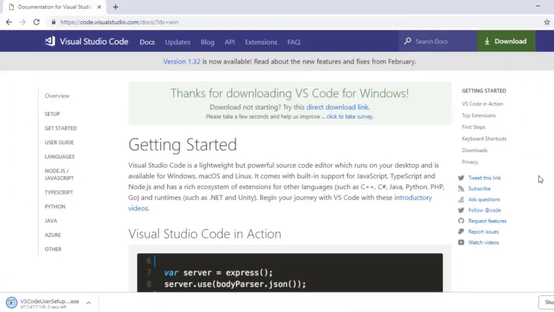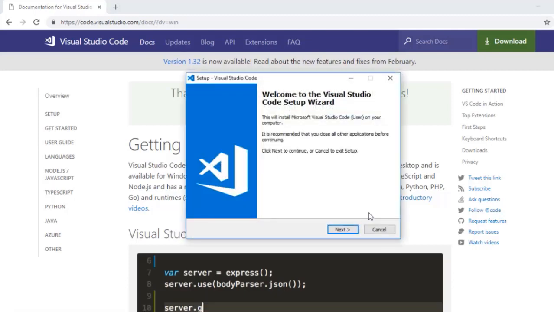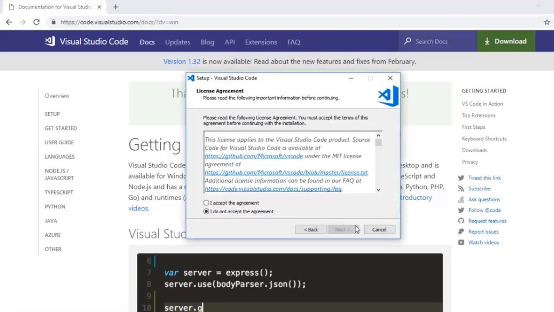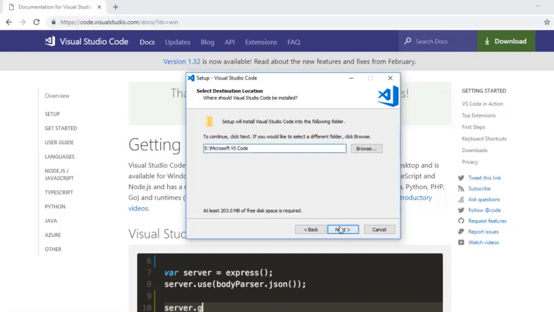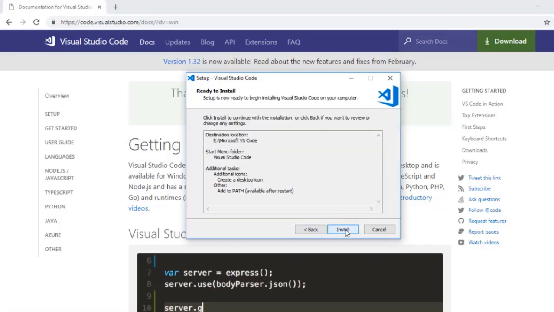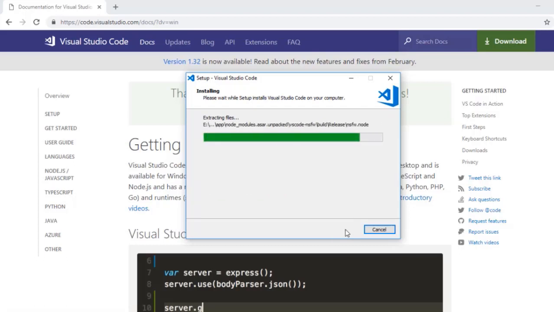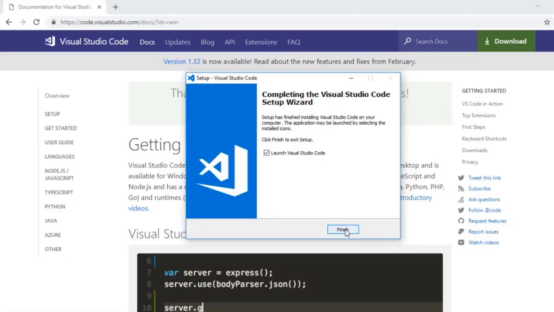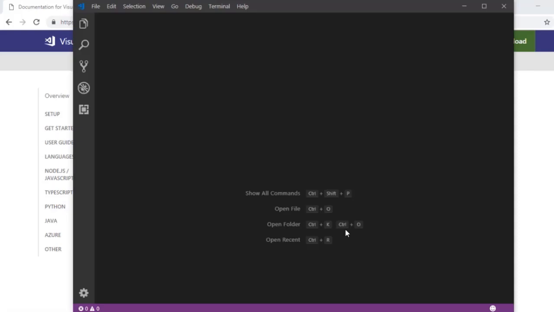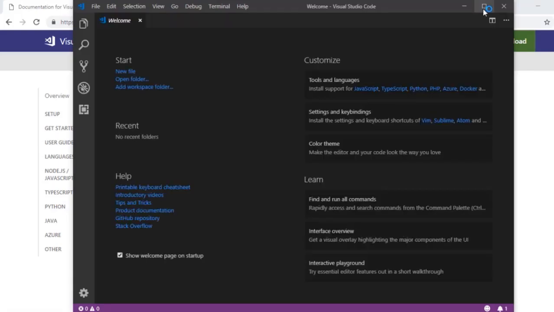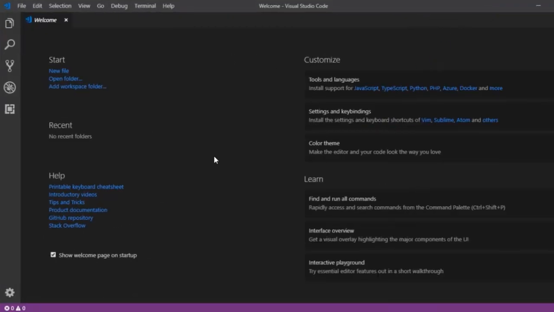Once that is done, we are going to set up our system. Installation process remains the same for almost all the applications. So just quickly install this IDE on your system, and then we need to set up several extensions for Python and Django. It's done. Let us launch our VS Code. Here is my welcome screen.